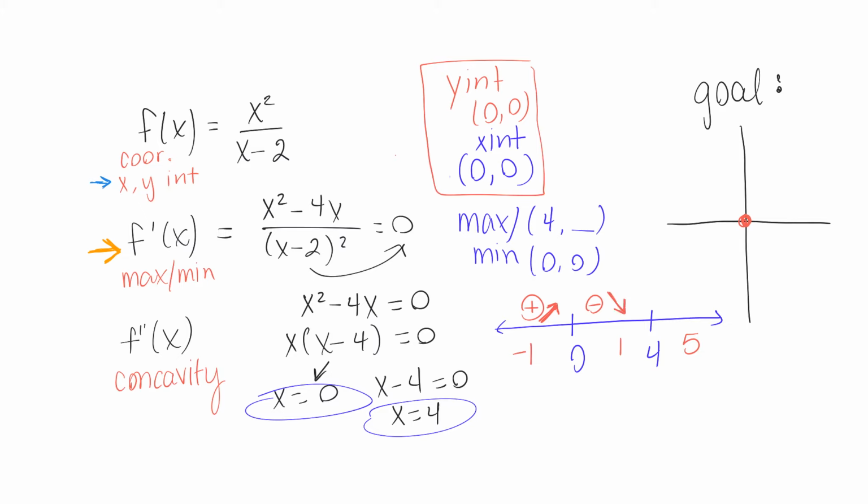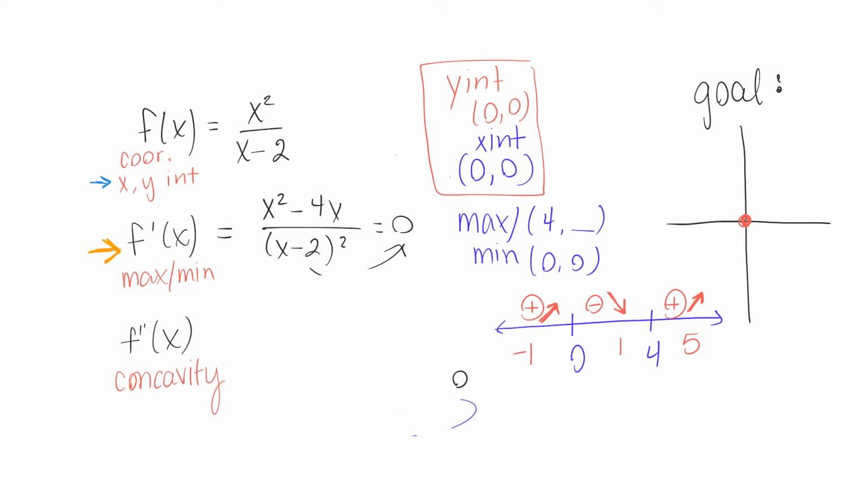And then my 5, if I plug in 5 here, I get 25 minus 20. So 5 minus 3 squared, so that's positive. So this is a positive. So there's my intervals of increasing and decreasing. So that's important. Now let's come over here, and I'm going to erase this mess, and let's